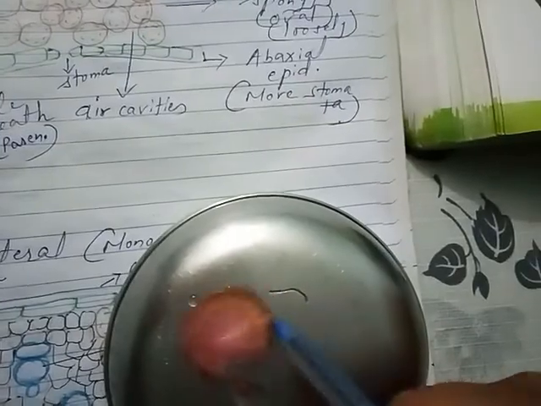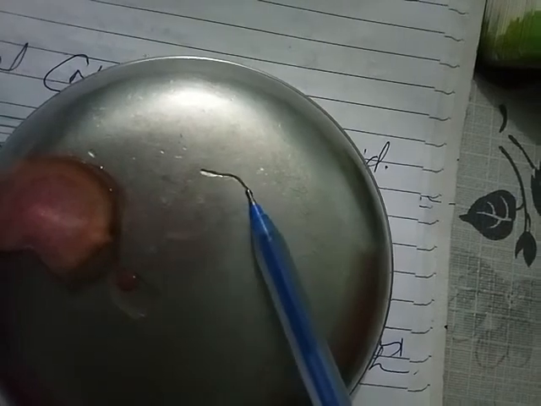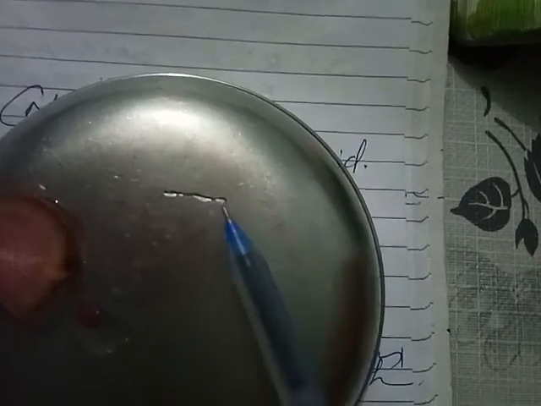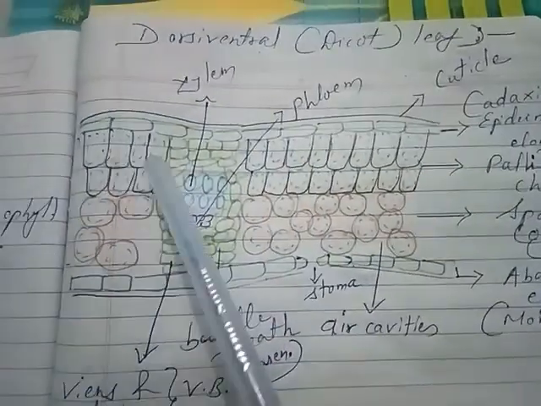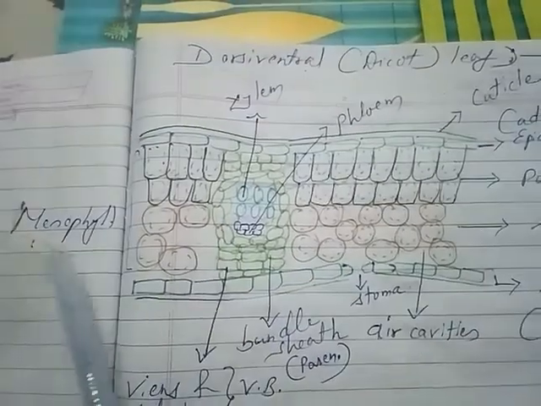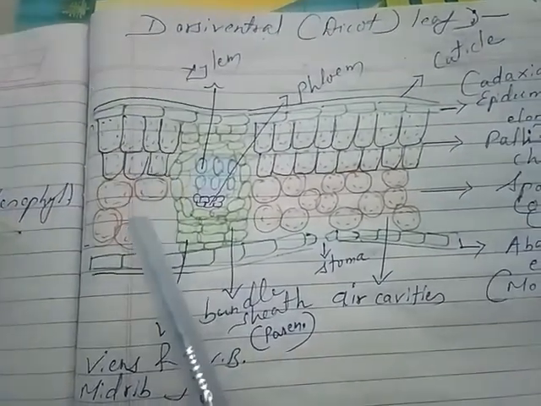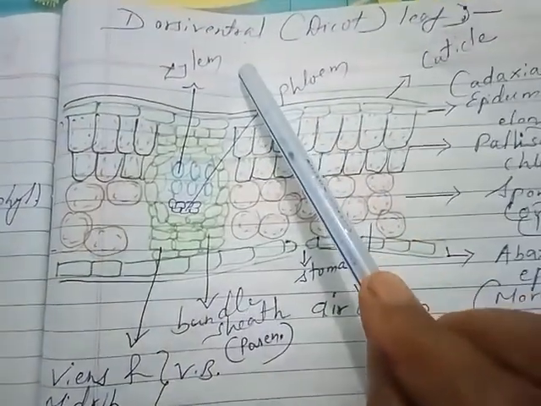Now let us study about the leaf. So if we see the section of the leaf, then it will be like this one. Such a thin section you have to observe under the microscope. So if you observe under the microscope, then you will see in case of dicot leaf, which is also called as dorsiventral leaf, because here this ground tissue in case of leaf is called as mesophyll. So here ground tissue is of two types, so it is called as dorsiventral leaf.